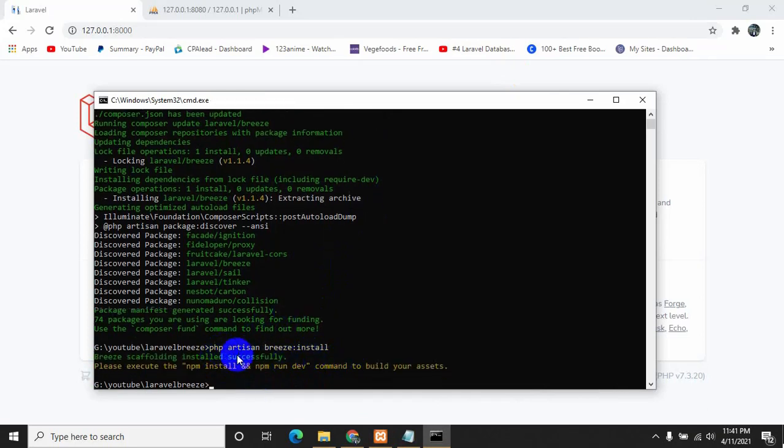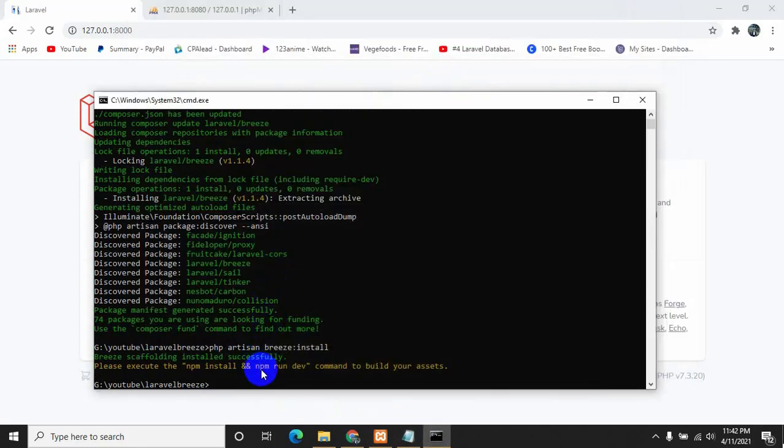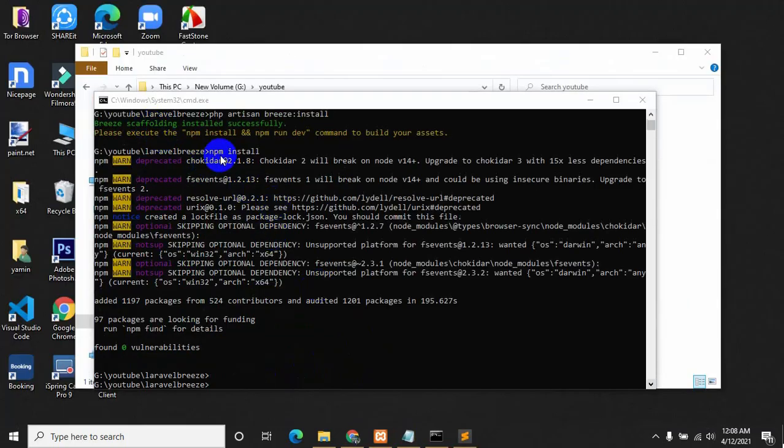After this we just need to write two more commands, which are npm install and npm run dev. I'm just going to copy them from over here, Ctrl C, and paste it over here. After npm install, we need to run npm run dev. So now let's run npm run dev.